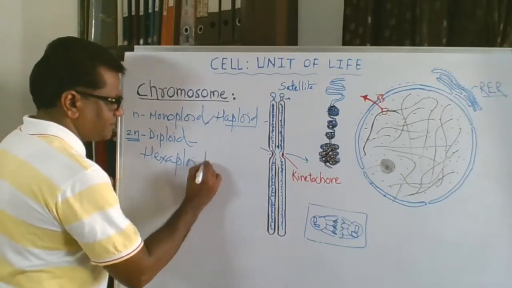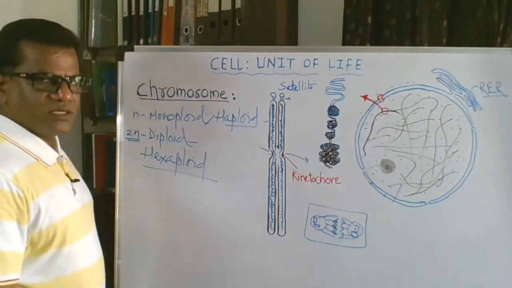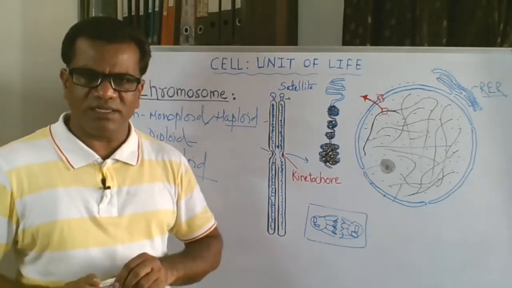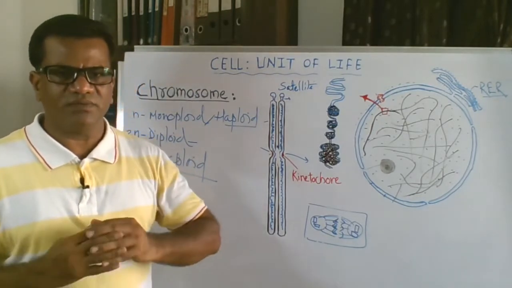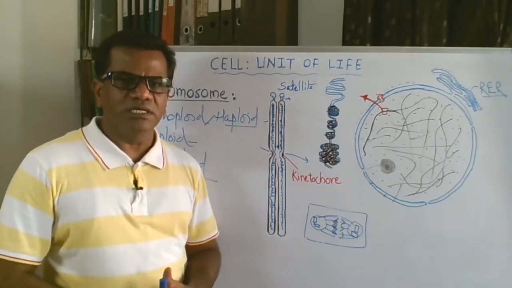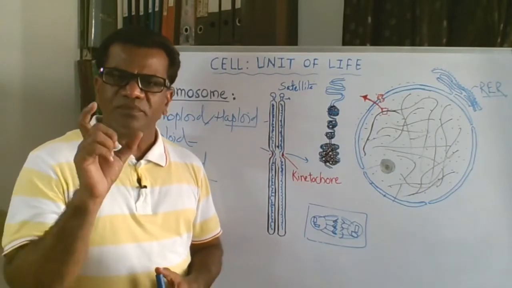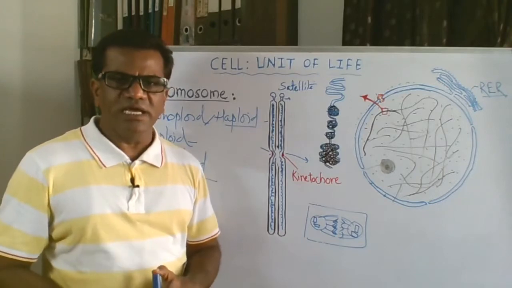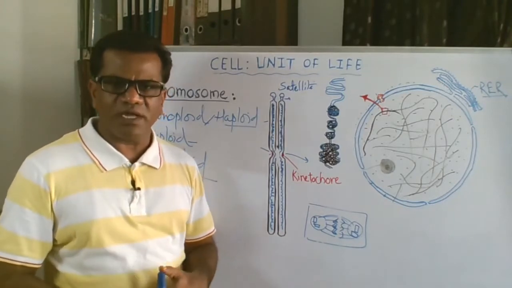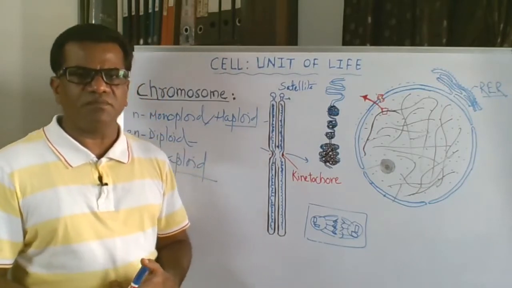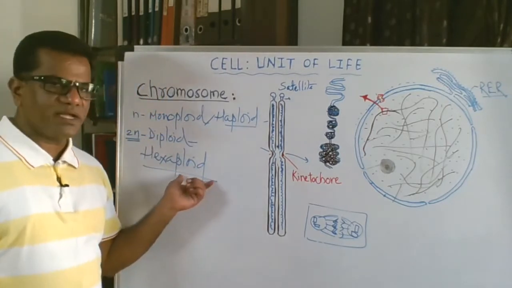The wheat which we eat is hexaploid, and that's why it is not good for our health. Nowadays, as we become more health conscious, we are trying to avoid eating wheat because it is not natural. Hexaploid is not a natural condition. In nature, there was diploid wheat. We artificially increased its ploidy level and made it hexaploid.